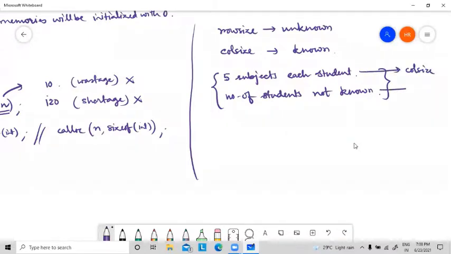But I have no idea about the row size. So the row size is unknown. Logic clear? So for this type of problem, if this type of thing happens, then we have to go for pointer to an